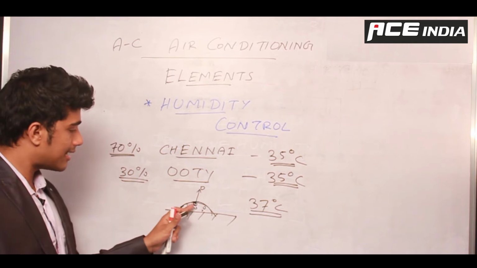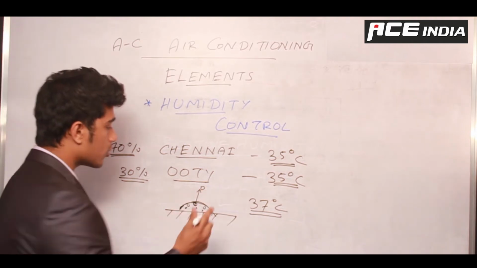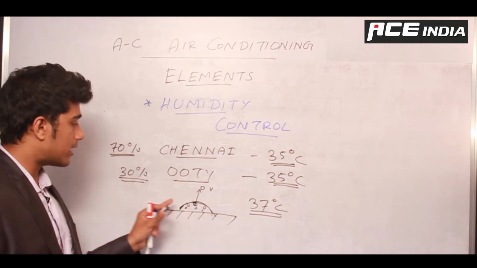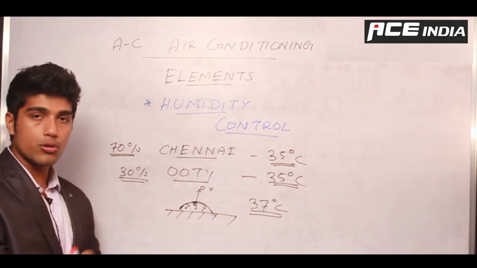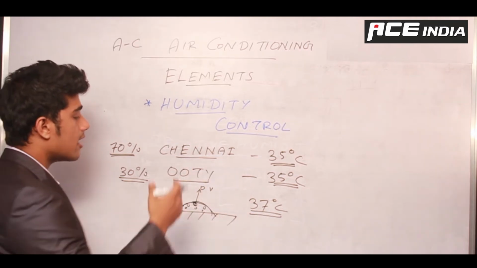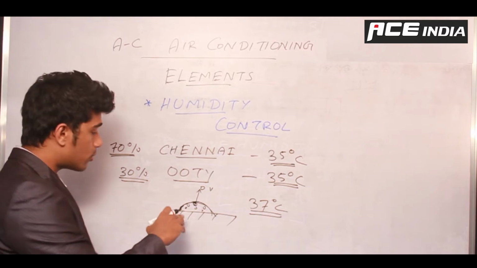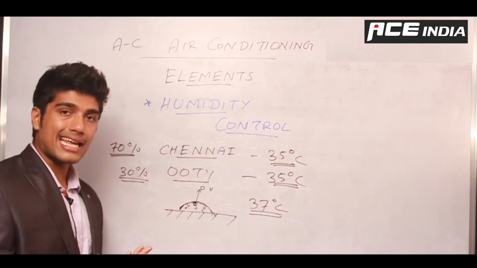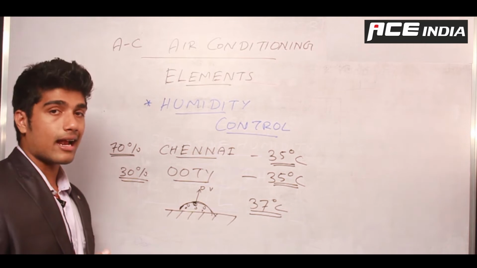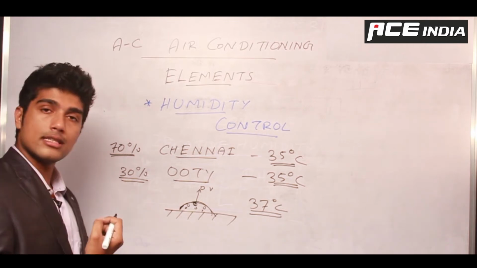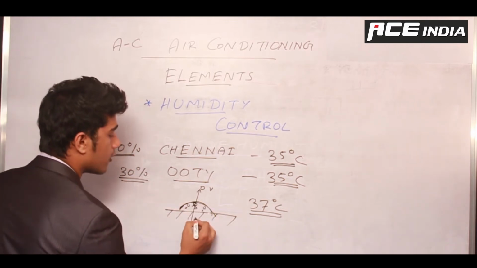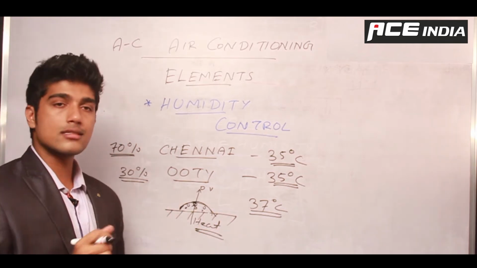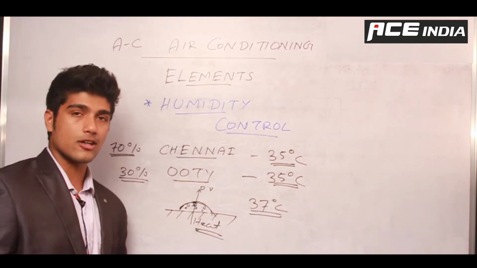So if I want this liquid molecule to be converted to vapor molecule, I need heat, right? Now there is no other heat source other than my human body. So what happens here is, when this liquid molecule or liquid water gets contact with atmospheric air, it has a volatility property. It tries to become vapor. For this process, it absorbs heat from my body, thereby cooling me down. This is called sweating, or the process of sweating.